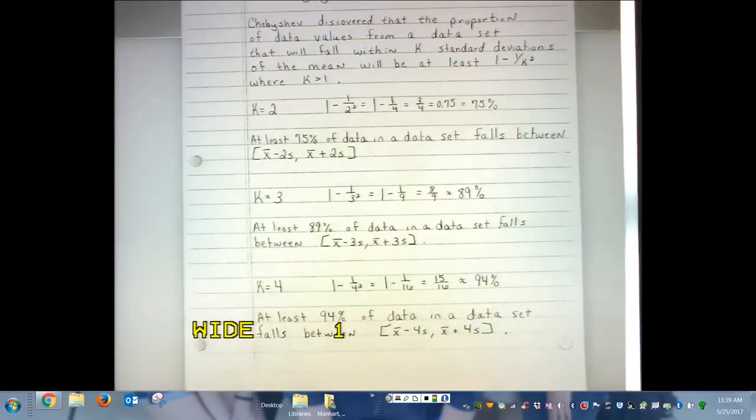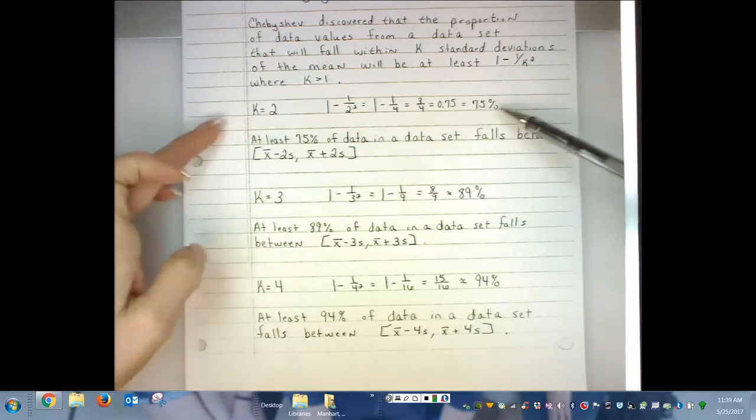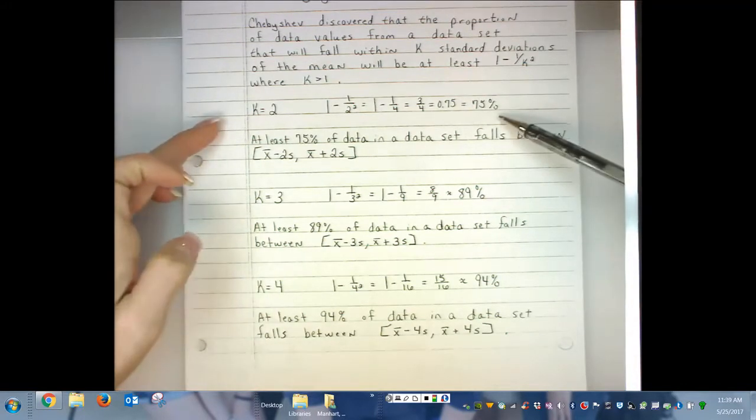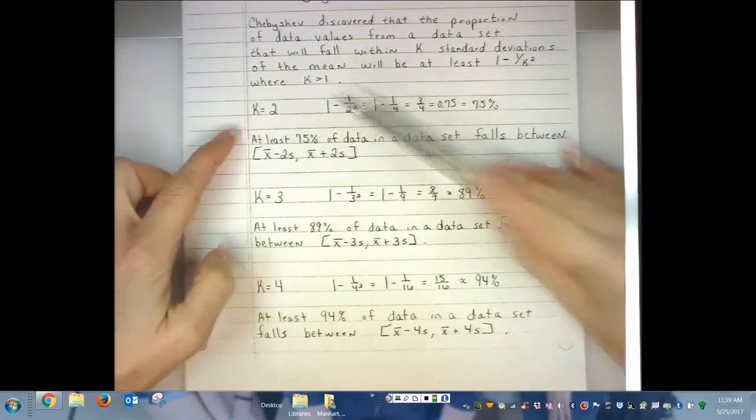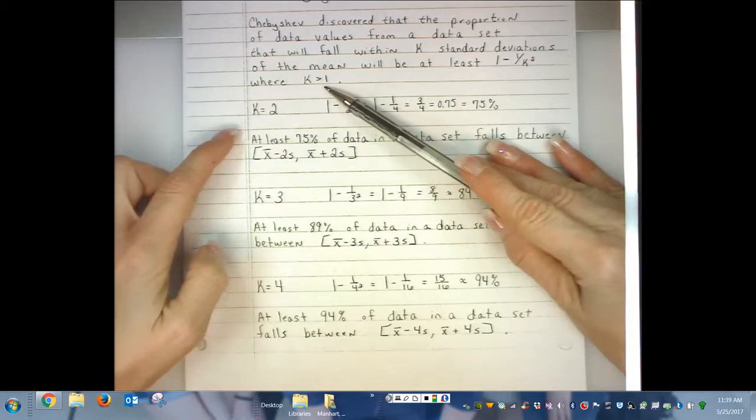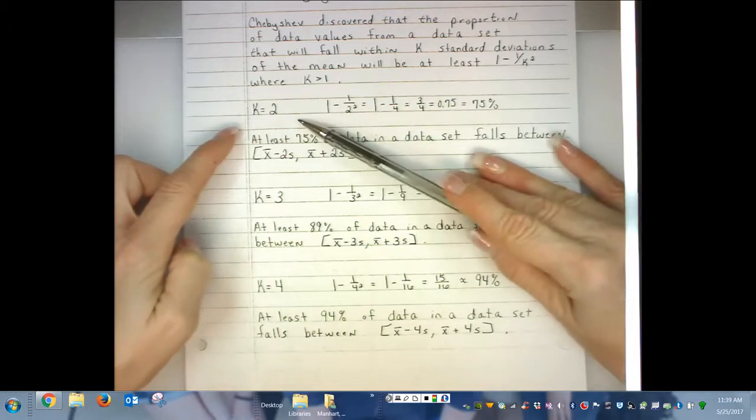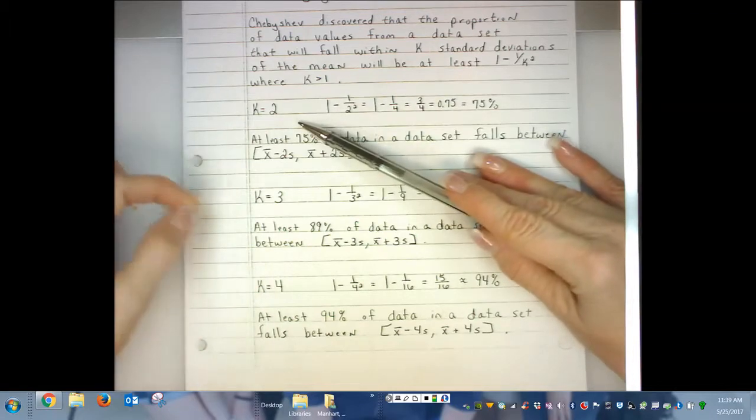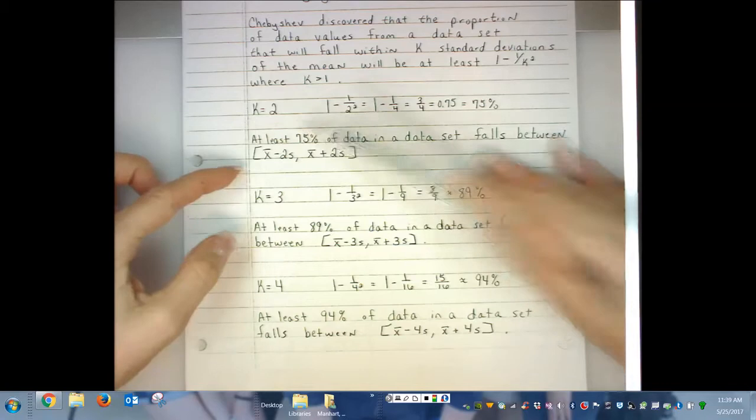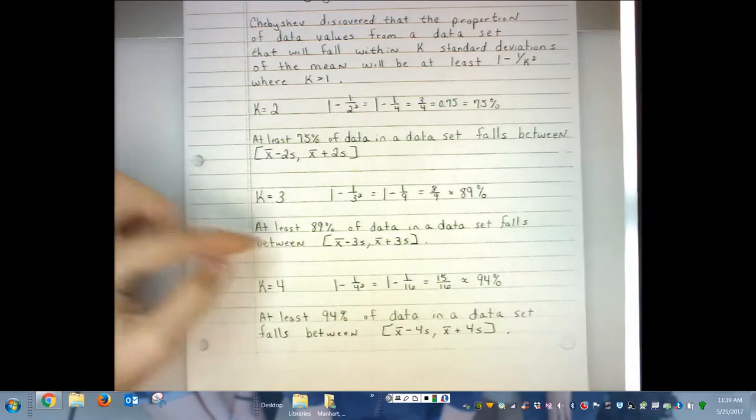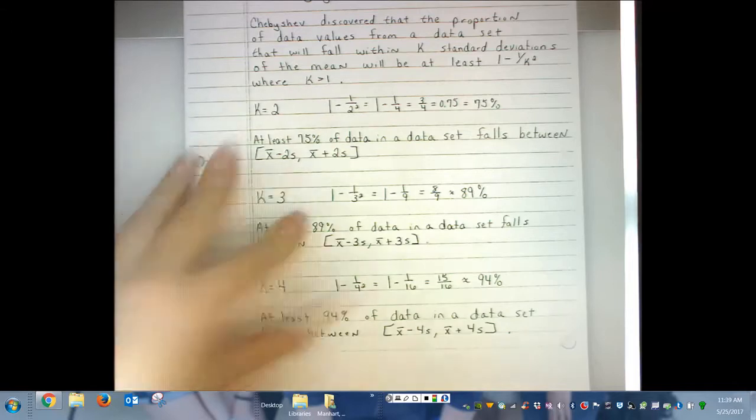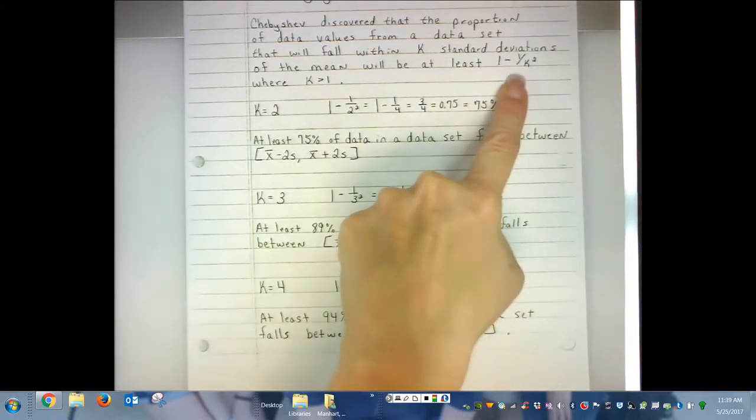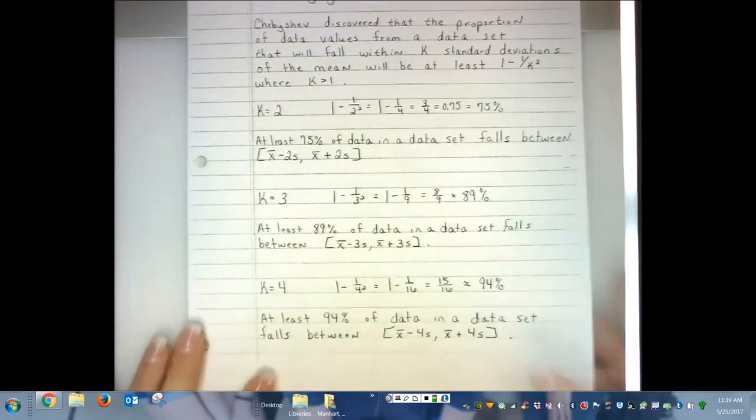Now k doesn't have to be just 2, 3, and 4. These are just the special k's, kind of like the Special K cereal, that you have to memorize along with their corresponding percentages. K has to be greater than 1. That's the only restriction. So we can talk about 1.5 standard deviations above and below the mean, 2.5, or 3.5 standard deviations above and below the mean. Plug it into his formula and you would be guaranteed that percentage. So, going to the next page,